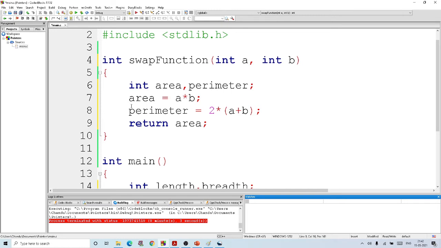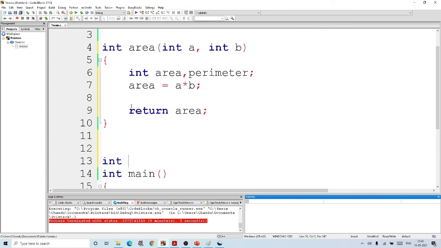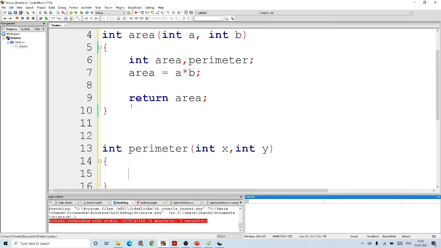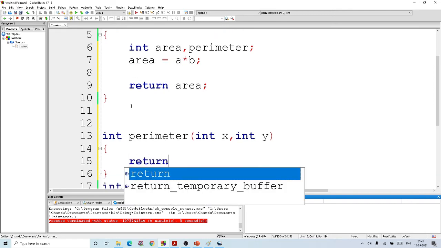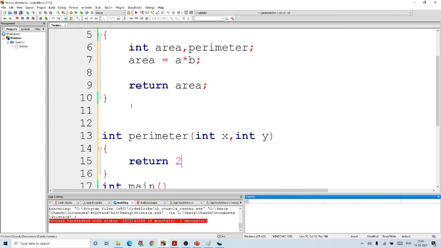So one solution is to write two functions, one for area, where I will return only area, and another function for perimeter, where I will return 2 into x plus y.